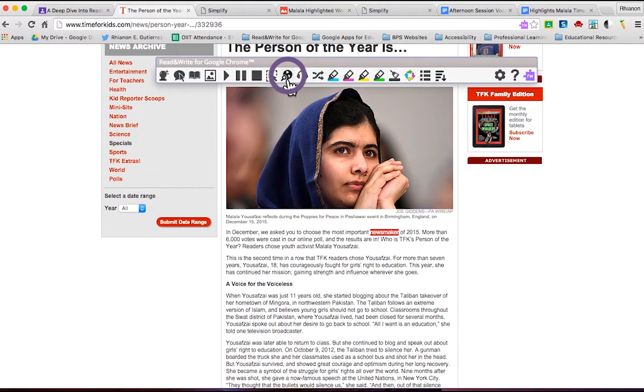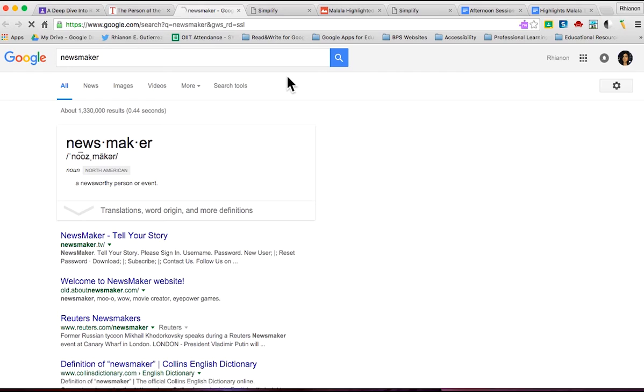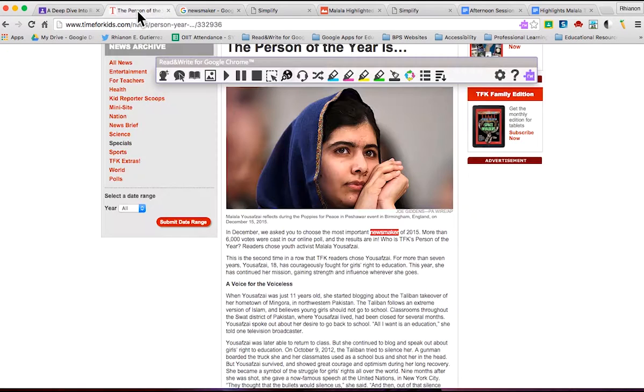It is a globe with a magnifying glass. Let's see. Okay, it brings me to another tab that actually has the word listed and defined. Now it's using Google search to find this word. So in the case where you do not see a word defined in Read and Write's dictionary, this would be something to consider. Let's go back to the article.